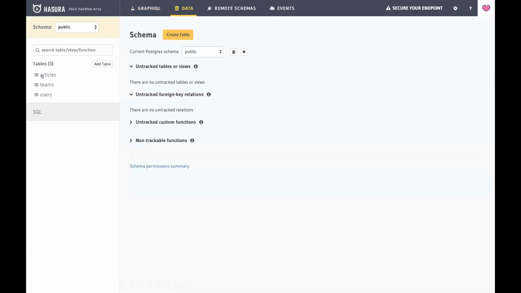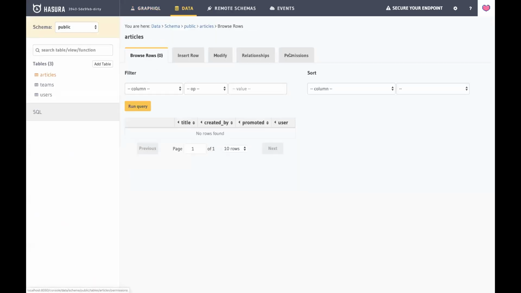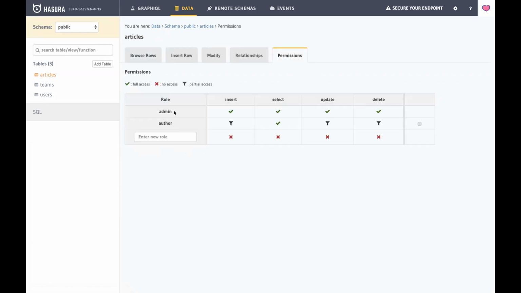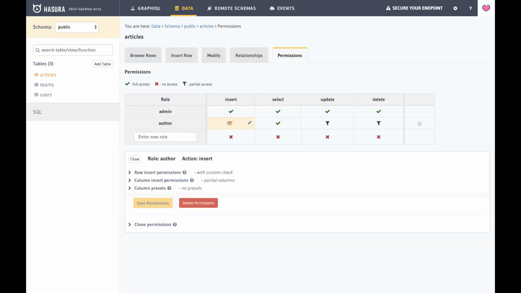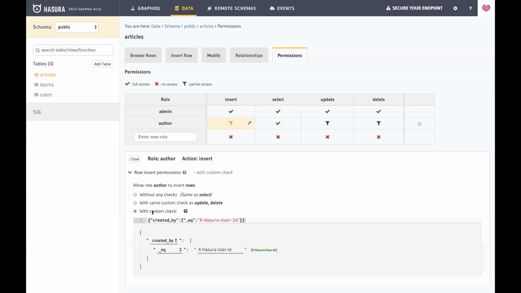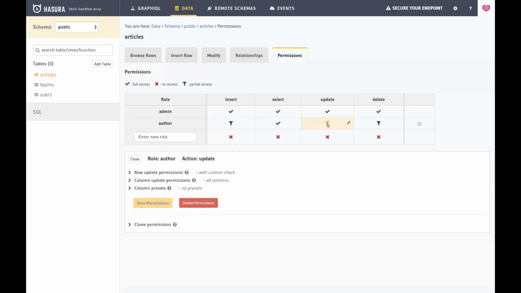So if we go over to data and see the permissions. If we look at article permissions, you see we've got two roles. Insert permissions are exactly as you would have set them up before, simply saying that the created by on a new article has to be the user that's creating it, which makes sense. And the update permissions, you'll see here